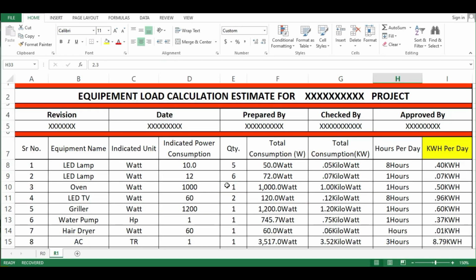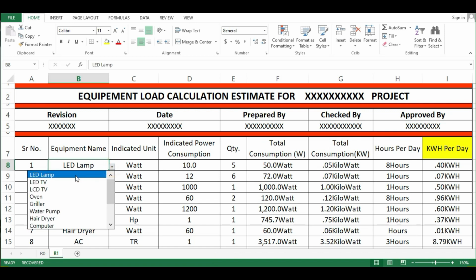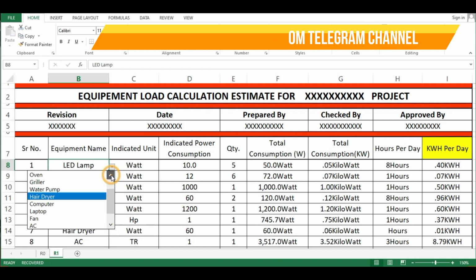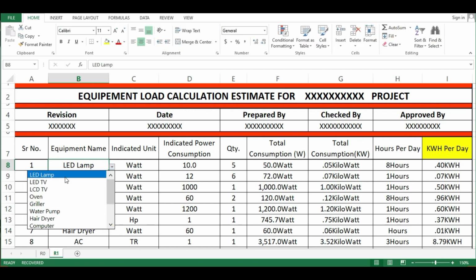Before starting, let's learn something in brief. What is an electricity unit? An electricity unit is basically the kWh, which stands for energy. Like kilowatt is a unit of power, kWh is the unit of energy. If we use 1 kilowatt of power for 1 hour, that stands for 1 kWh, that is 1 electricity unit. Once you click the drop down, there are many equipment lists. From that list you have to select one equipment for your home.